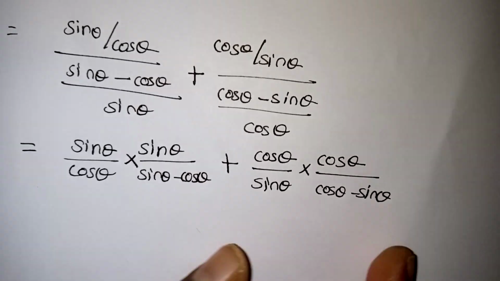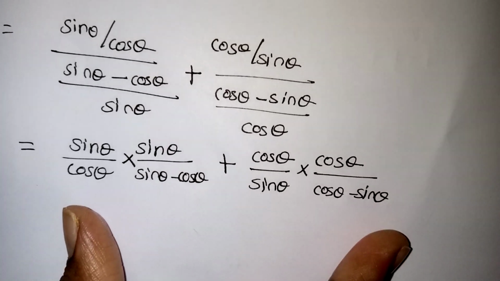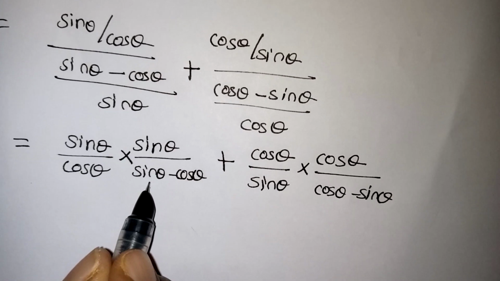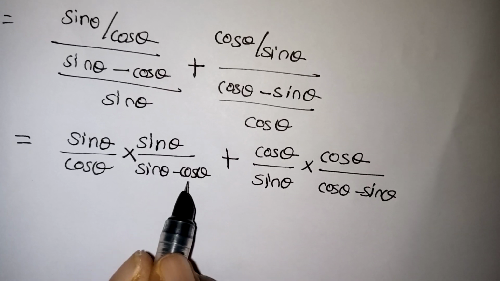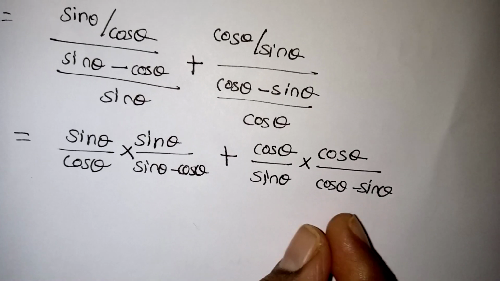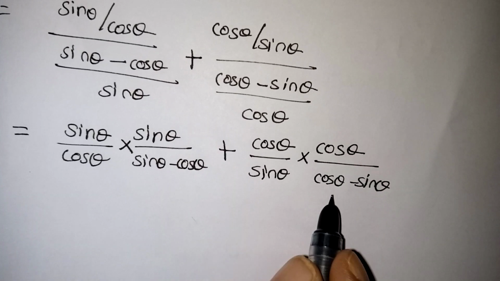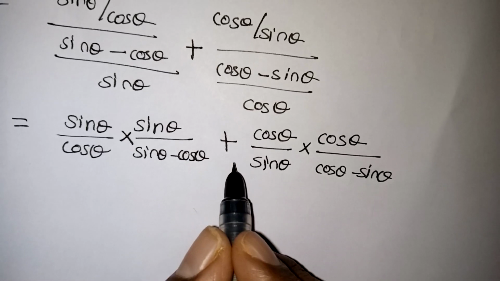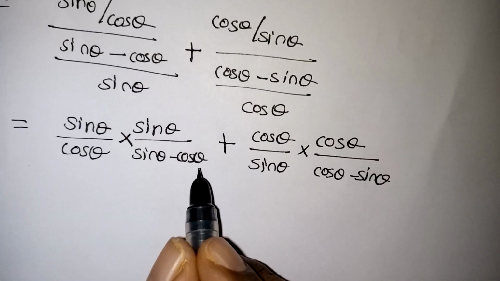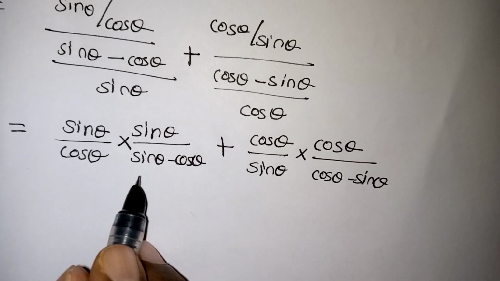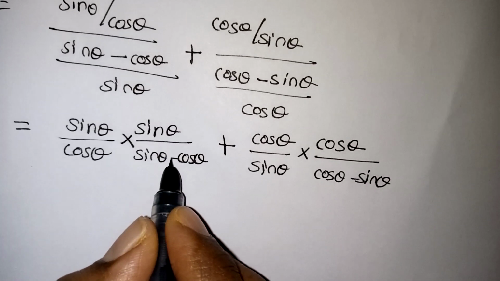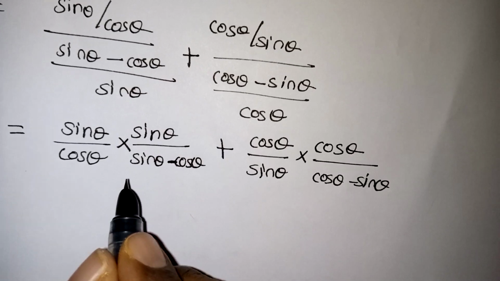Now look at the denominator, in between plus sign is there, anyway we have to take the LCM. But here we have sine minus cos, here we have cos minus sine. Whenever we need to change, suppose a minus b, I am going to change it as b minus a, which means we have to take 1 minus sign outside. Because 1 minus 2 means minus 1, 2 minus 1 is plus 1. So whenever we are changing the place during the subtraction, it will get one minus symbol outside.